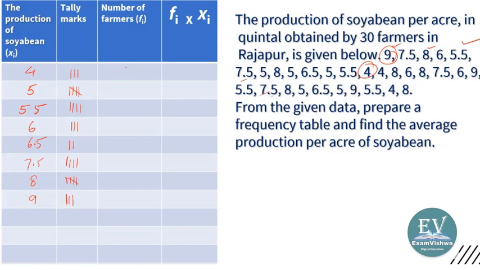If you write this over here, 3 farmers, 5 farmers, this would be the order of writing. 4 farmers, 3, 2, 4, and